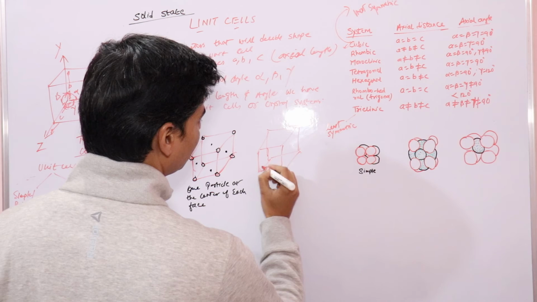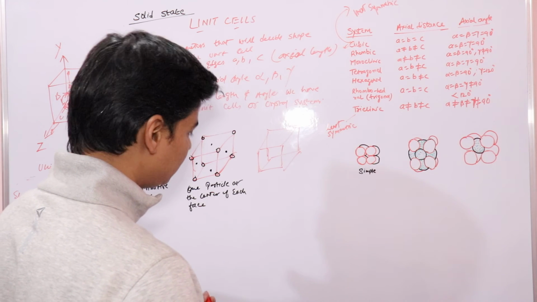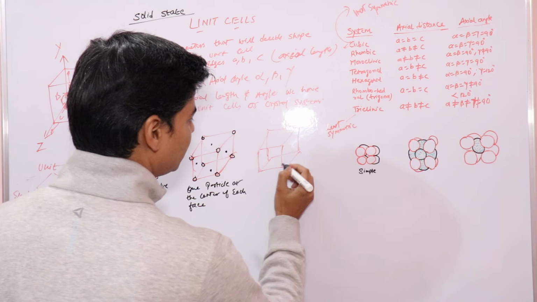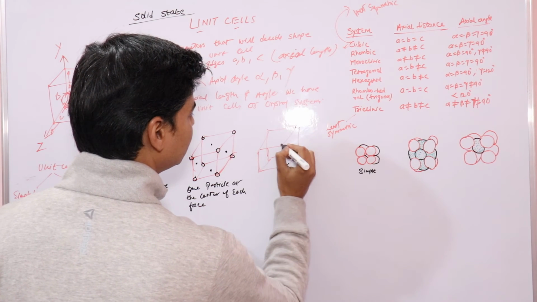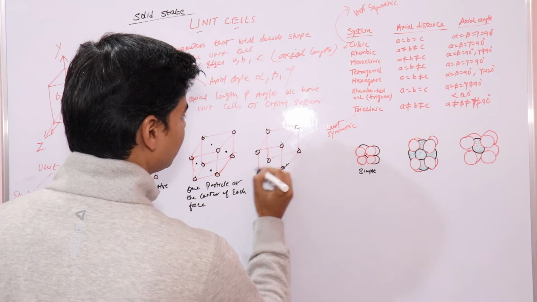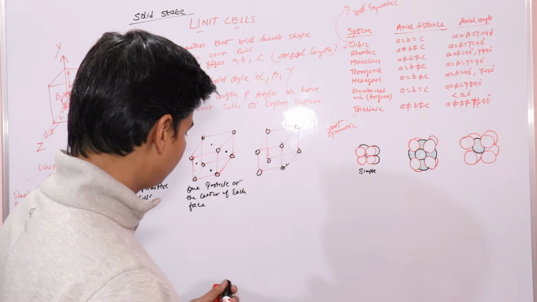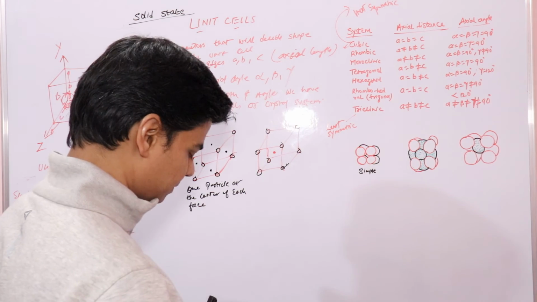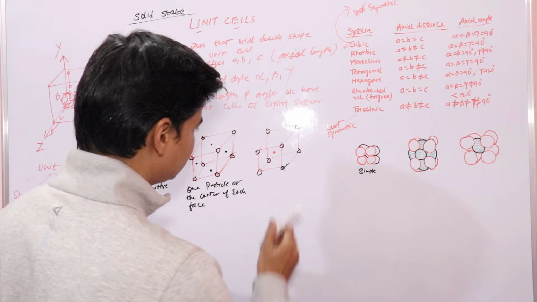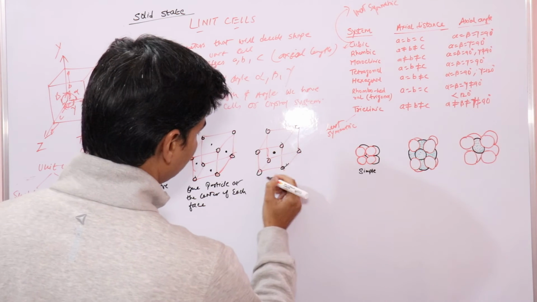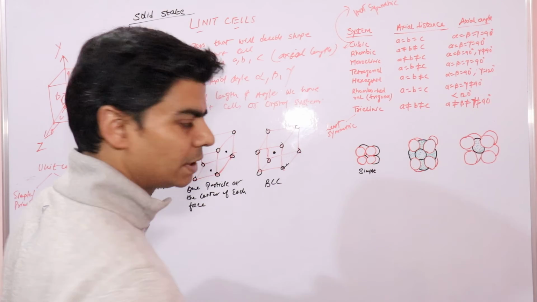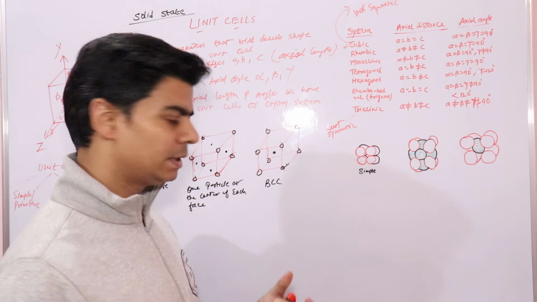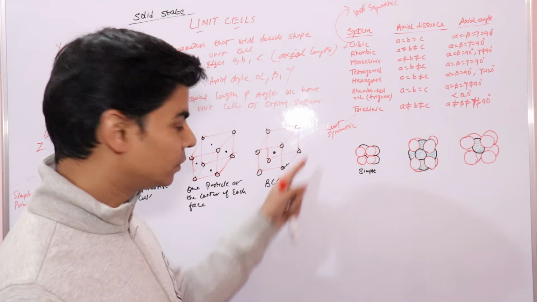So particles would be present at the corner, like this, at all corners. Now in addition to corner, one particle would be present at the center. Let's represent it with a black dot, right? So this is your BCC, body centered, where one particle is present at the center of the unit cell,